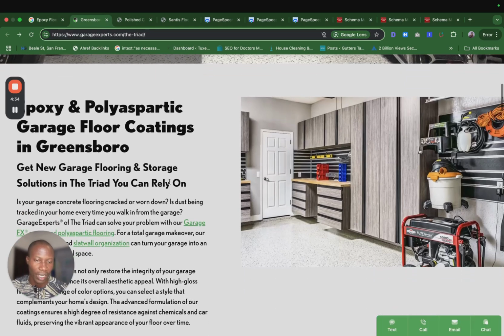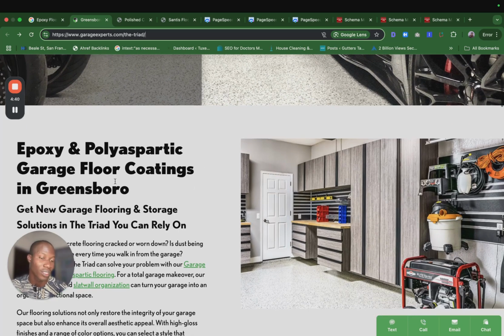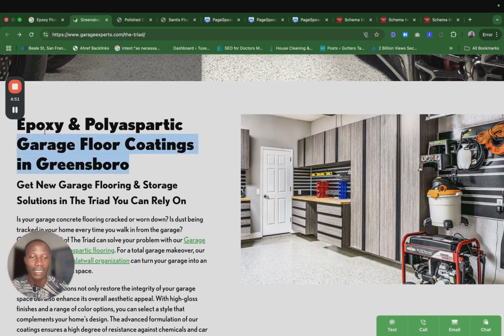I'll be showing you exactly what they are doing right. As you can see, epoxy or polyaspartic garage floor coatings. This is something you want to actually do. You want to model what your competitors are doing. The person ranking number 1 and number 2, you want to model exactly what it is they are doing, and this is exactly what it is they are doing that is making them